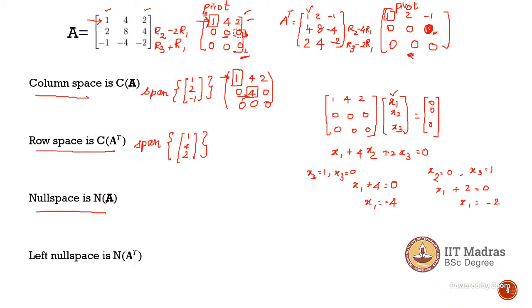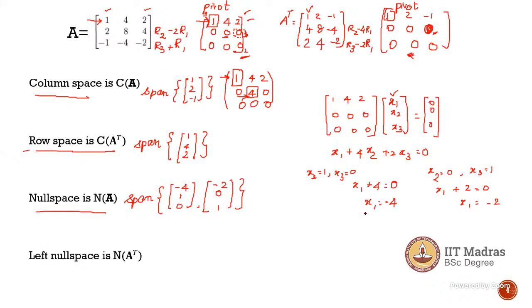So now you will get two vector combinations. Therefore, your null space will be span of two vectors where in your first vector x1 equal to minus 1, x2 is equal to 1 and x3 is equal to 0. And your second null space vector is x1 equal to minus 2, x2 is equal to 0 and x3 equal to 1. So this is your null space of your matrix, which is a span of two vectors.